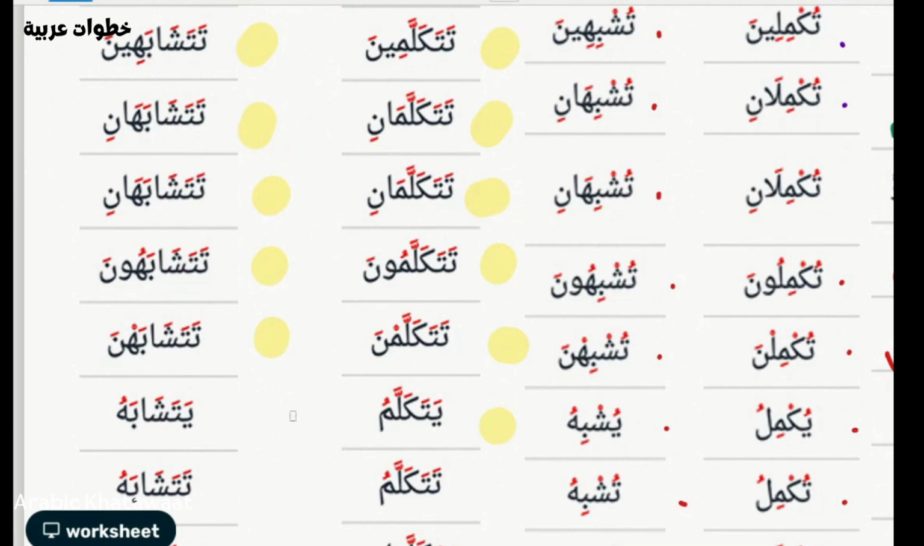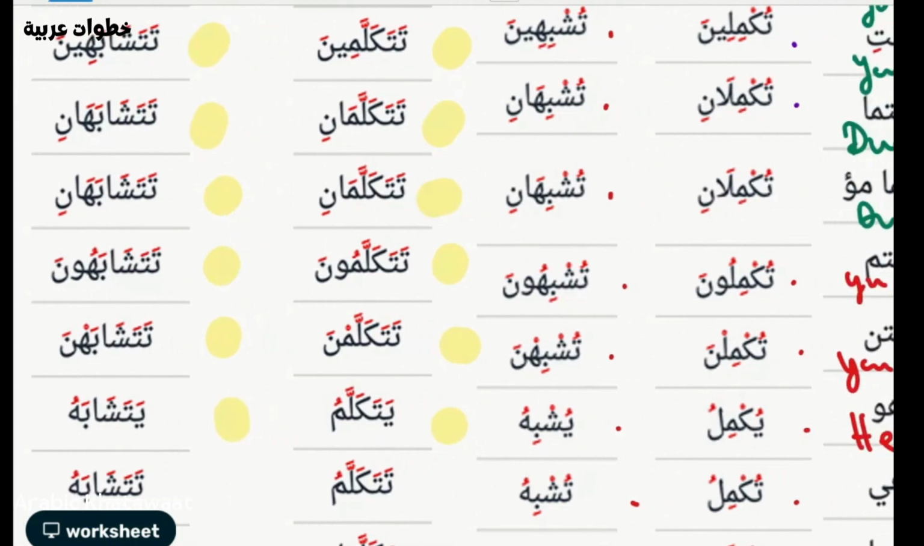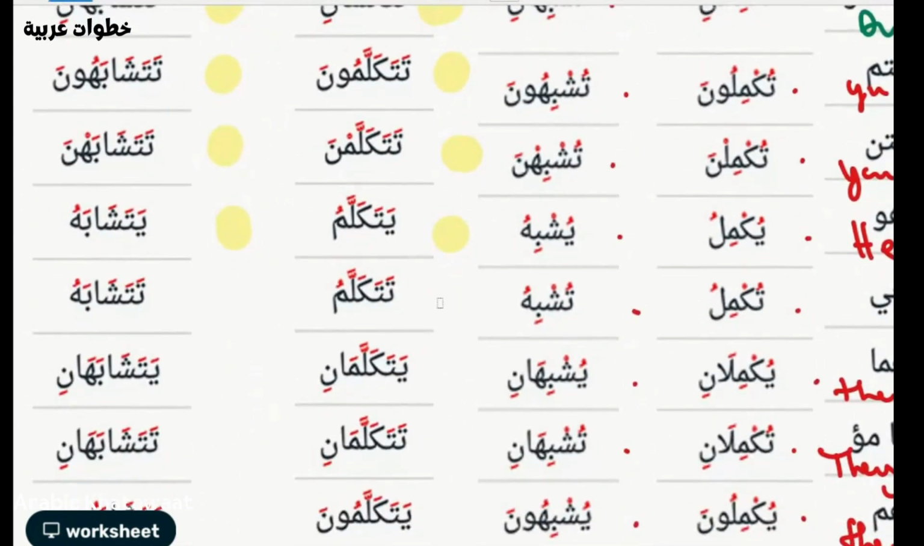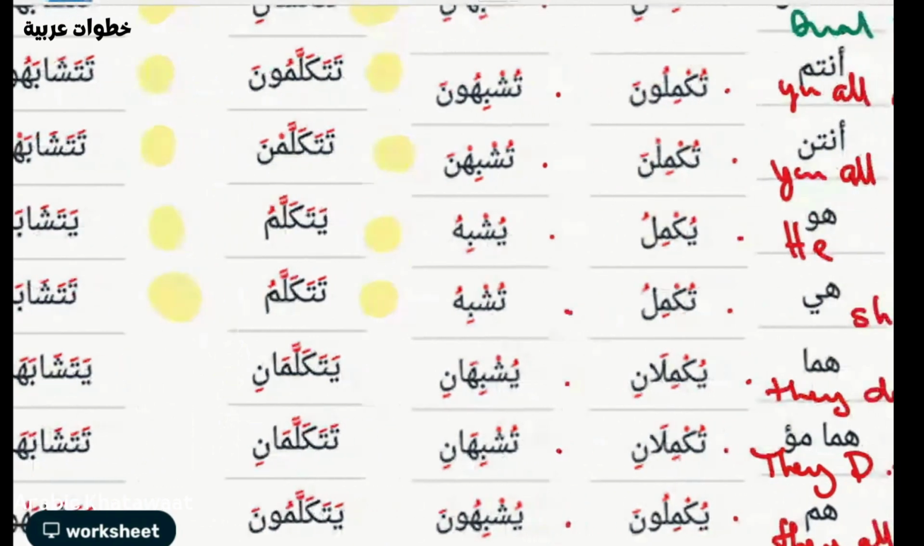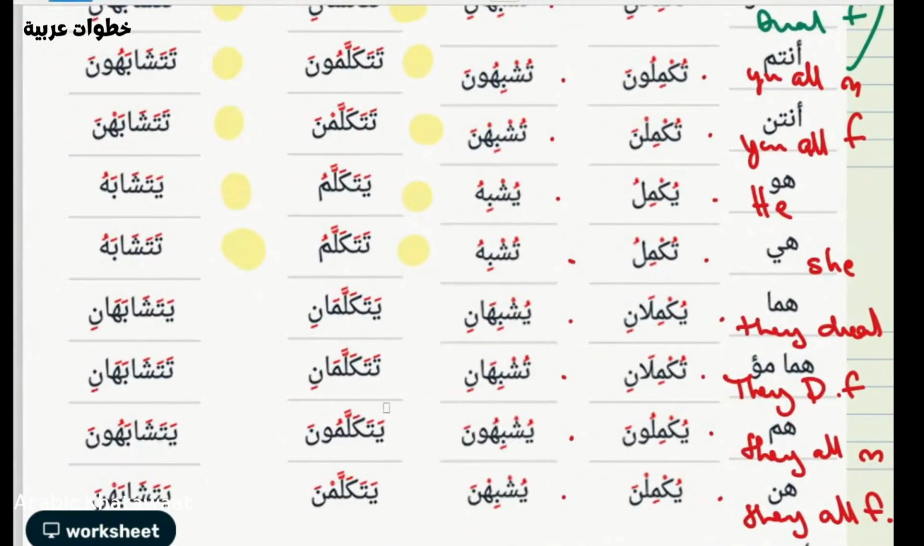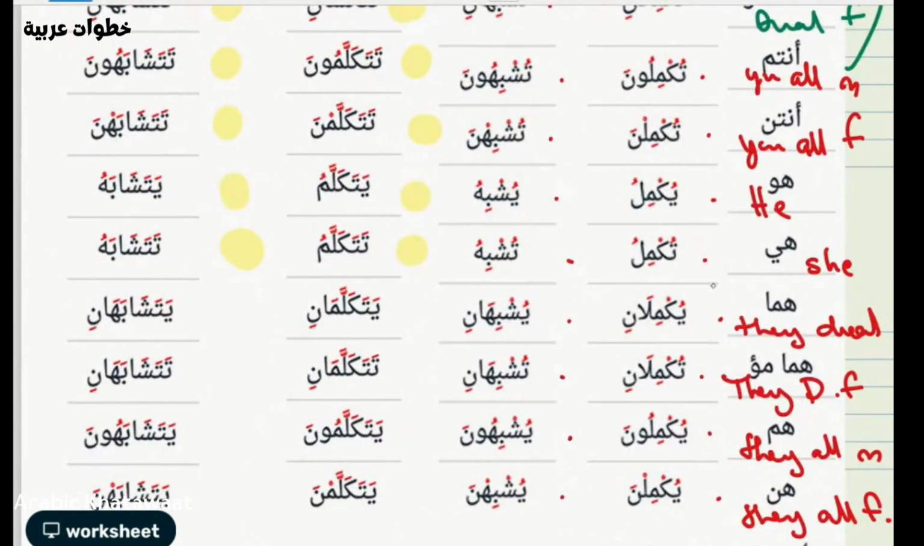Sorry, يتكلم يتشابه. I'm used to a different pattern when I read verb conjugation. So تتكلم تتشابه, and this goes with she. Here we go. So you can see the short cases as well as the subject pronouns. So she تتكلم تتشابه,